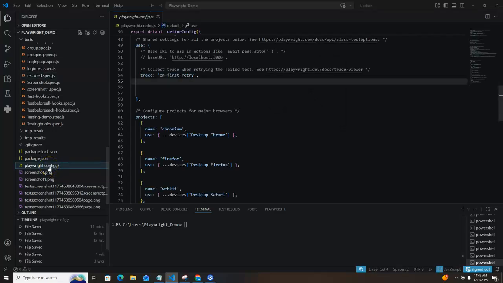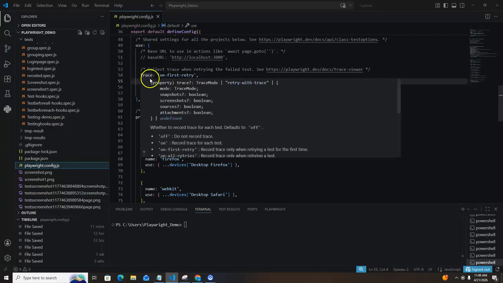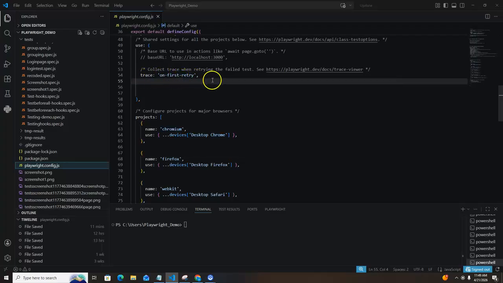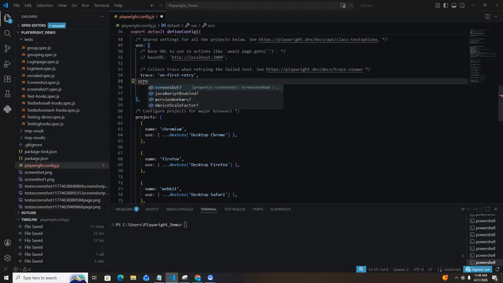You should open it, and here you can see the trace on first retry. This is already set, the trace will be on first retry. And underneath this, what we can do is write the screenshot